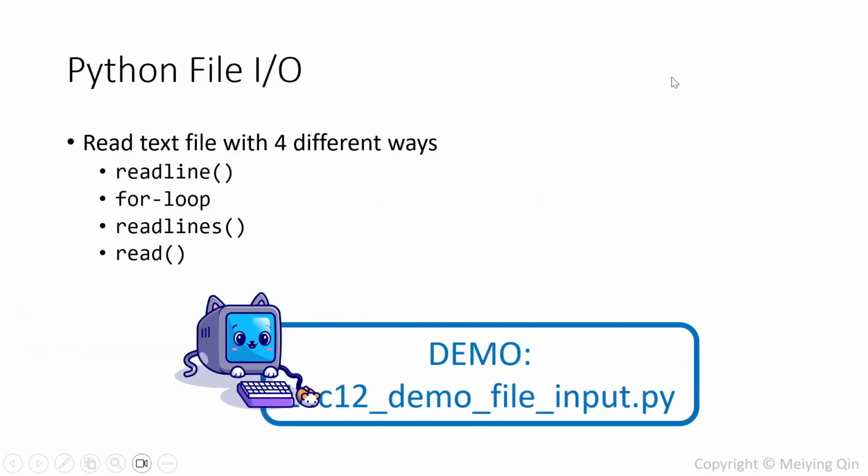Okay. There are 4 different ways to read the text file. You can have readline, you can have a for loop. You can just use a for loop to go over each line, right? Another one is readlines and read. So there are some differences between these based on, for example,